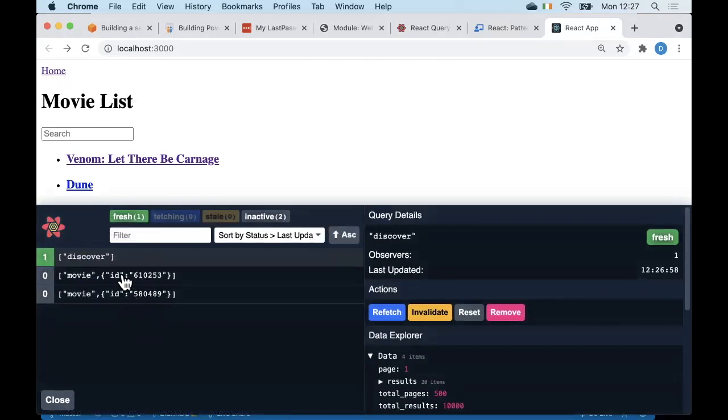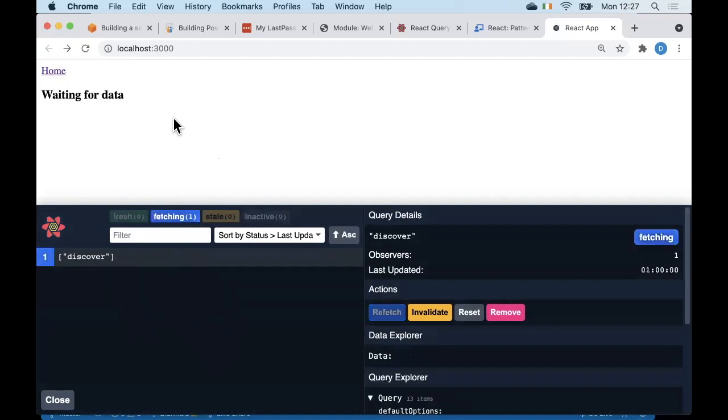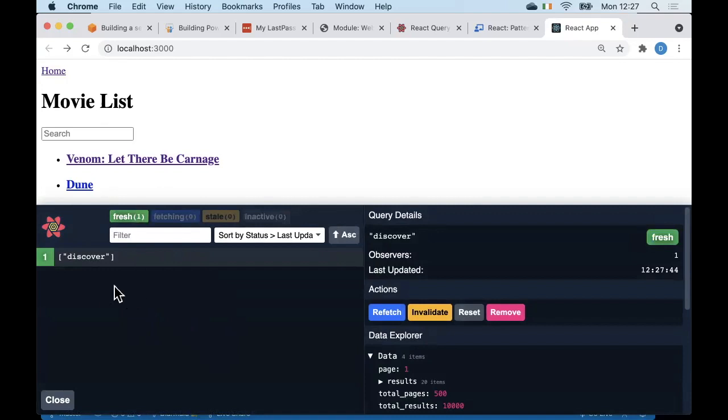This is a really nice thing about React Query. It provides its own developer tools extension for us. So what I'm showing you here in the black part is the current contents of the cache. And if I just do a manual refresh of the home page, the way I can interpret this now is that there is one entry in my cache. The key is just a simple string called discover. And if I click on that on the right,